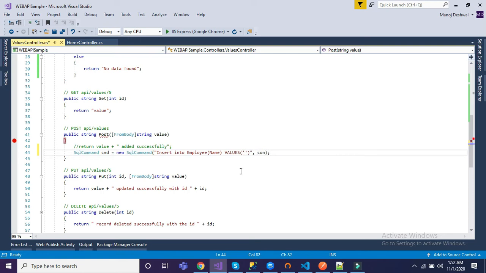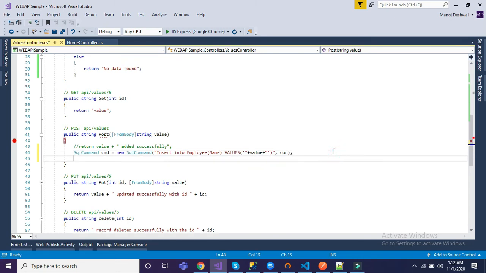In the values we will pass our value parameter which we are receiving as a function parameter, this one. All right. So we are done with the command.